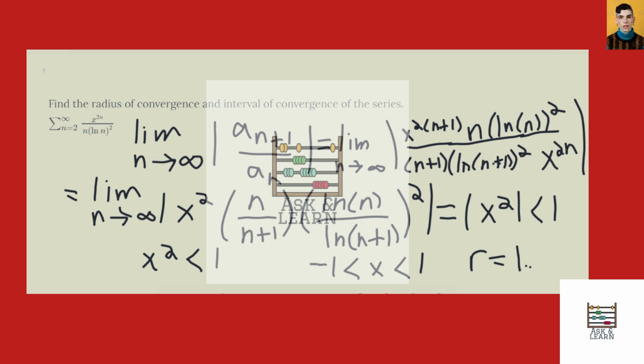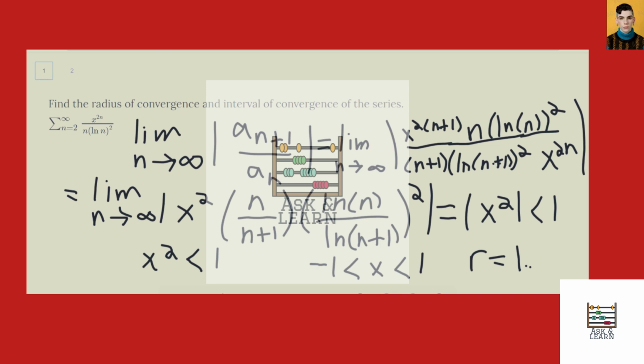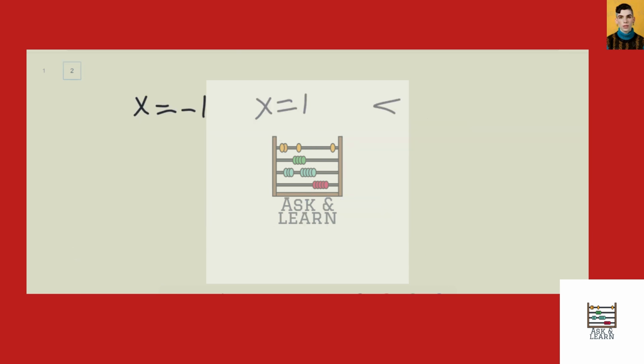To figure out the interval of convergence, we need to know what happens when we plug in minus 1 into here and what happens when we plug in 1 into here. Okay, but minus 1 to the 2n is just going to be 1 because the exponent is going to be even, and 1 to any power is going to be 1. So we're going to get the same case when x is equal to minus 1 as when x is equal to 1. So there's really only one case we need to check here. Okay, so when x to the 2n gets replaced with 1, we need to ask ourselves what's happening. So then we'd have 1 over n times natural log of n